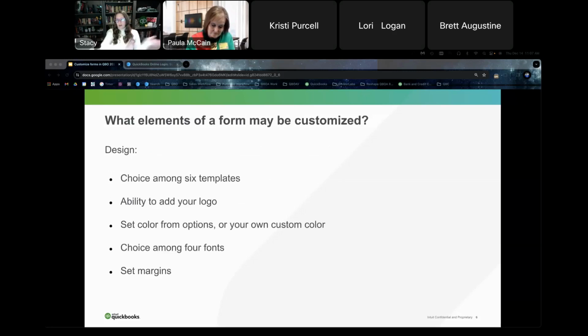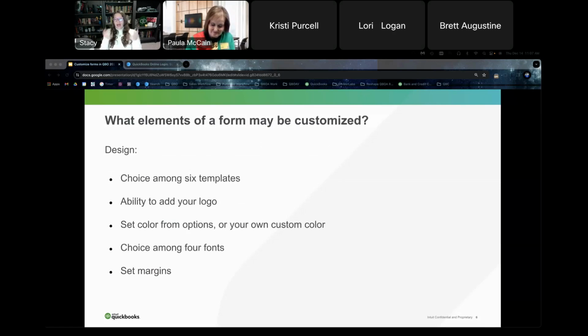And again, I'm going to go through all the slides and then I'm going to spend a lot of time demoing. I'm going to spend as much time as I can demoing because customizing forms, especially back when I used desktop a lot, I spent probably way too much time tweaking these, and it's not time that my clients want to pay me for, which is fine. But whenever I get a new client, one of the things that I do for them is